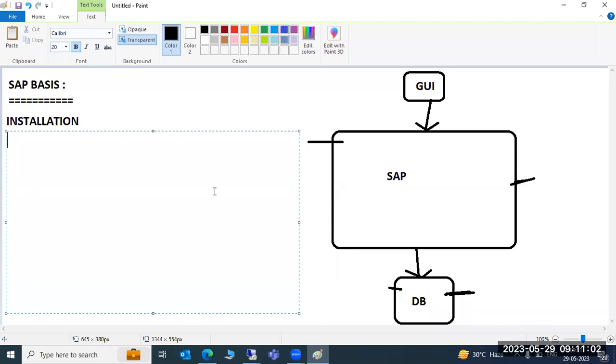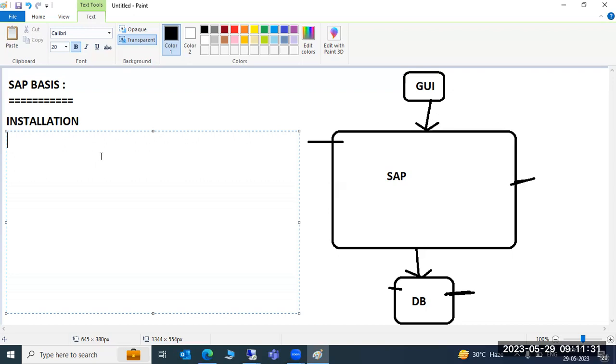As part of SAP, we are going to discuss a few versions. First of all, we have to discuss the versions: when SAP was released, what was the first component? Some basic information is required. Why? Because tomorrow, if someone asks you in an interview what version of ECC you have worked on, you should be in a position to answer the version information, right?